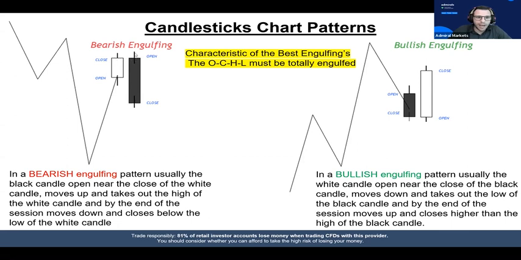It moved to the upside at some point during the time frame of this candle. Let's say we are reviewing daily candlesticks, so this represents the transactions of a day. This also represents the transactions of a day. So at some point in the day, this candle opens here and normally makes a move to the upside. Everybody believes that we have a new higher high in the market, so we start buying, press the buy button, and by the end of this